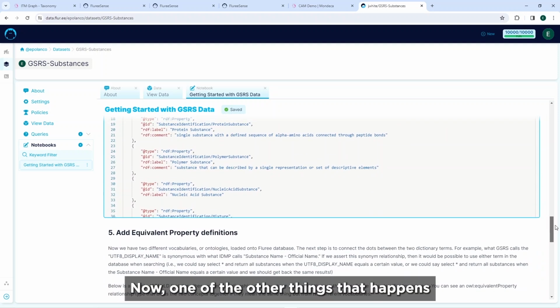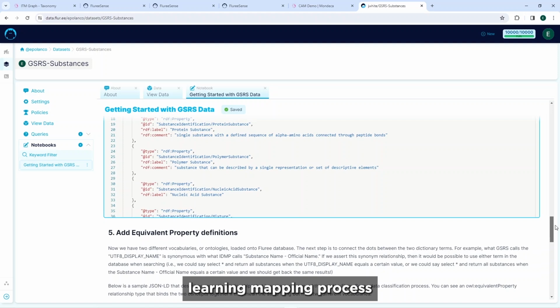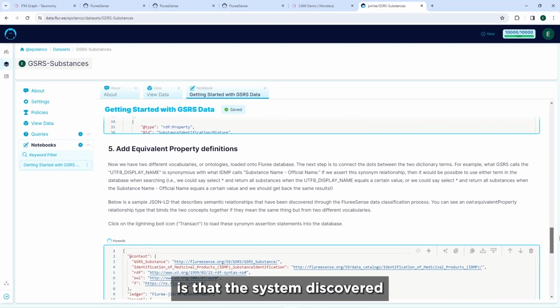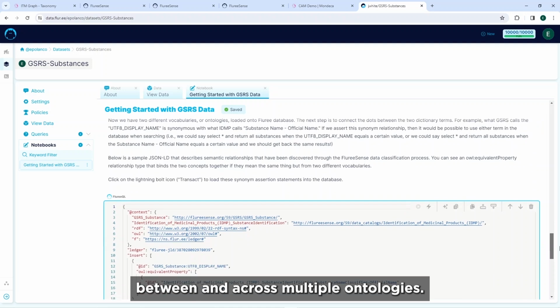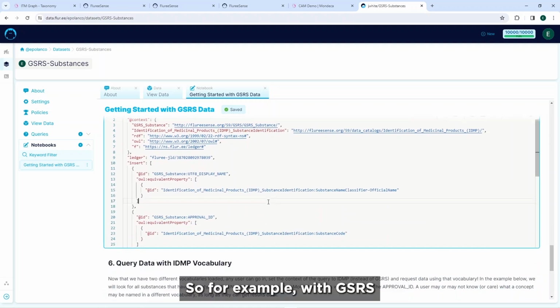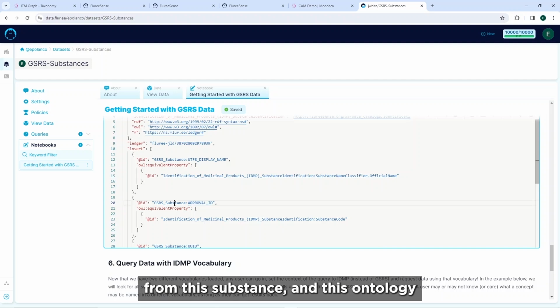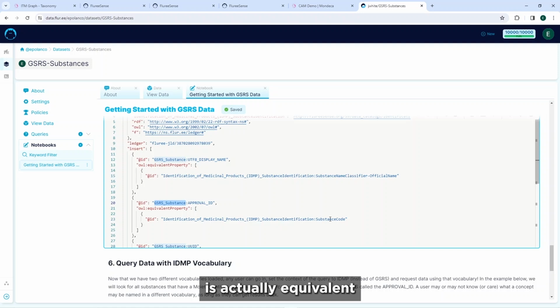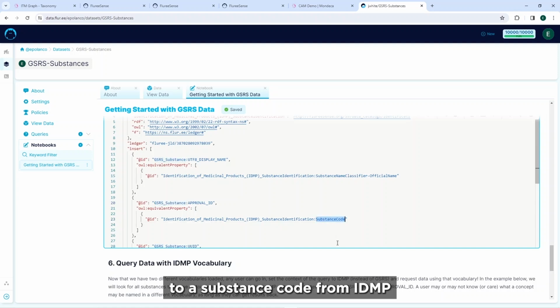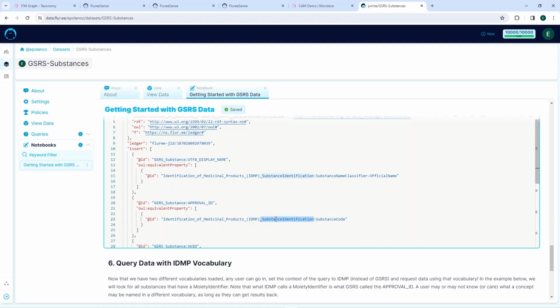Now, one of the other things that happened through the machine learning mapping process is that the system discovered automatically relationships between and across multiple ontologies. So, for example, GSRS, this property called approval ID from this substance in this ontology, is actually equivalent to a substance code from IDMP.